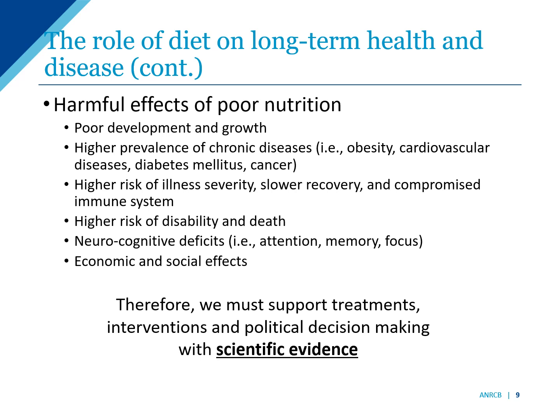Now, the main aim of quality nutrition is to promote a good quality of life. Nonetheless, there are harmful effects of poor nutrition, such as poor development and growth in infants, children, and adolescents. There is an introduced risk of a higher prevalence of chronic diseases such as obesity, cardiovascular diseases, diabetes mellitus, and cancer. There is also a higher risk of illness severity, slower recovery, and compromised immune system, a higher risk